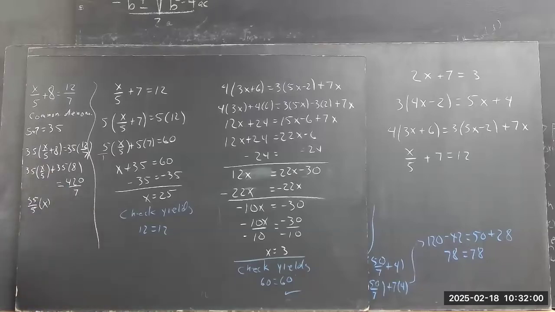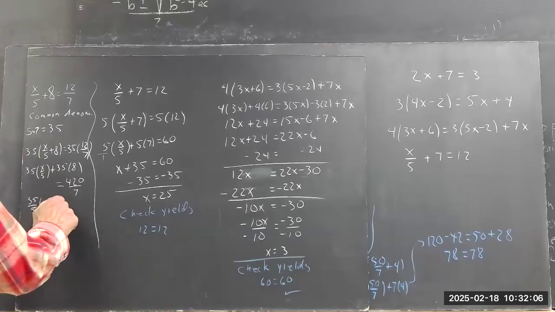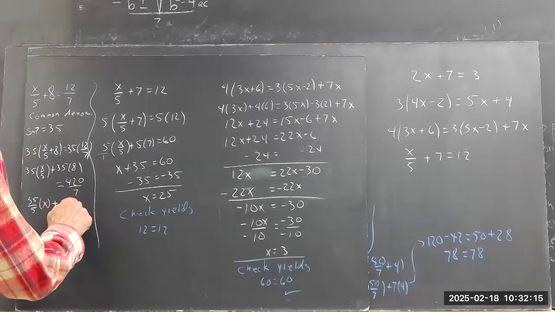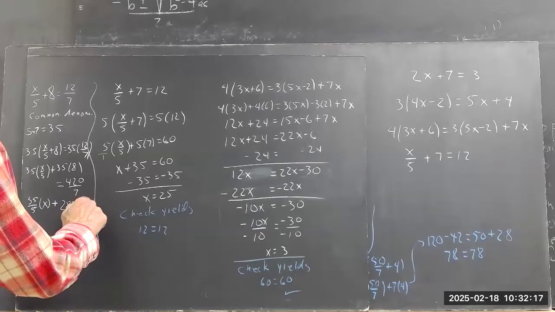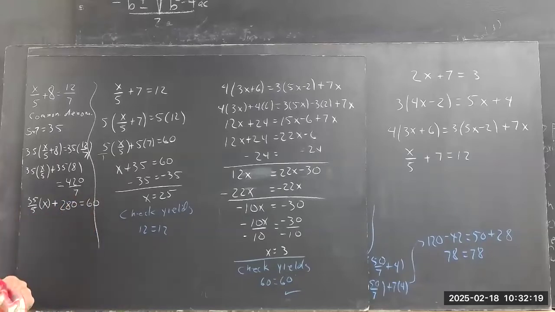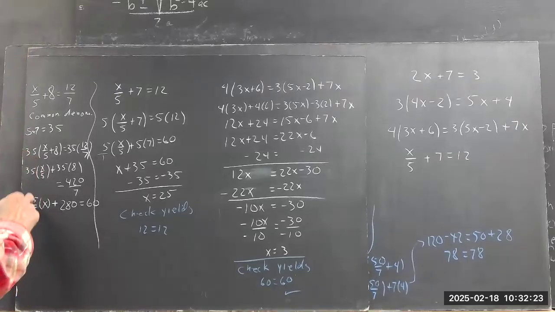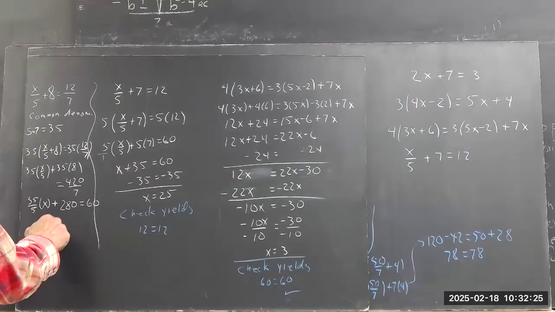The rule: if you do a calculation, make sure you know the rule. And then 35 times 8 is 280. And on this side, you get 60. 35 over 5 is 7x